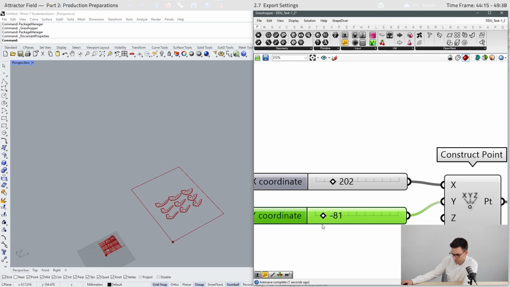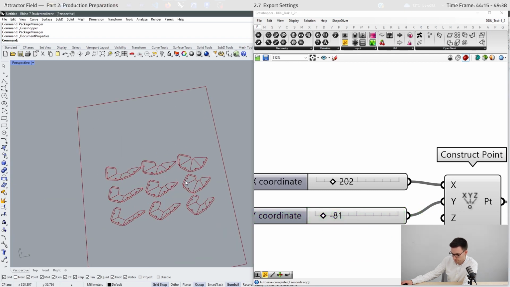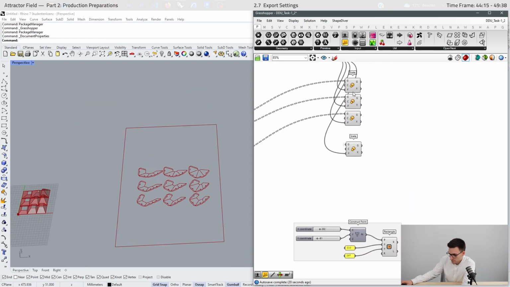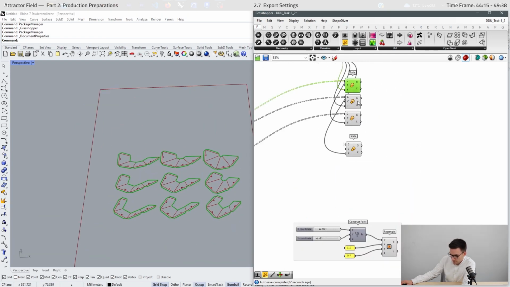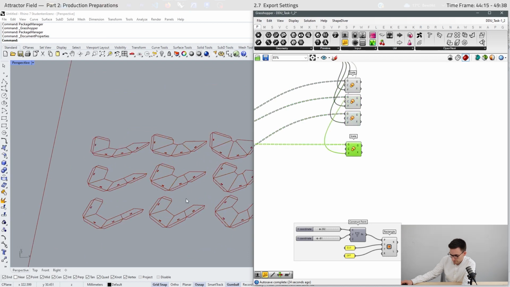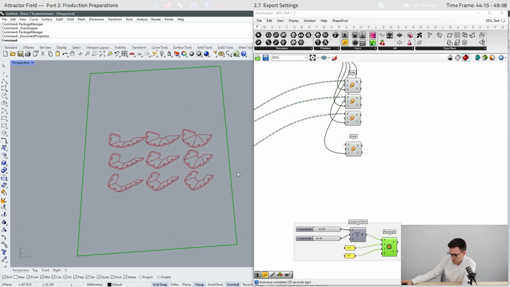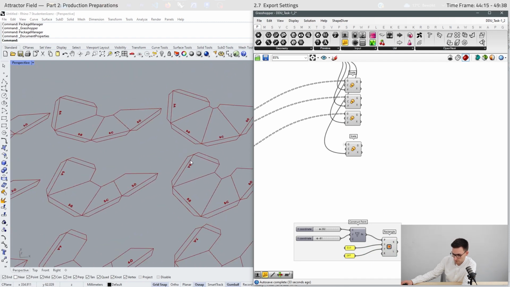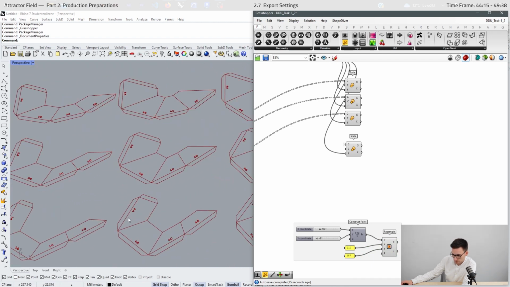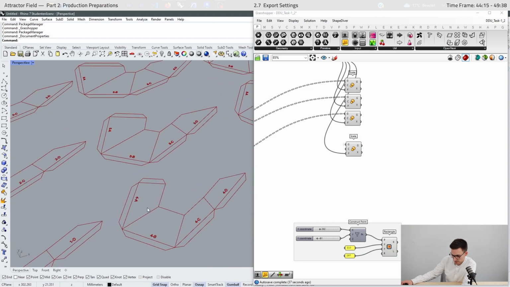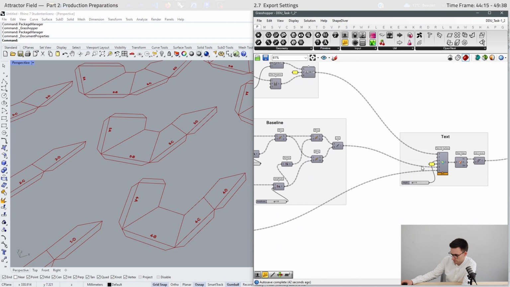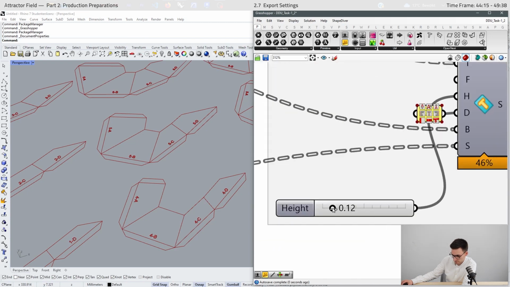Okay. Here we have our curves and this rectangle. In this case, we can increase the text size. So right here.